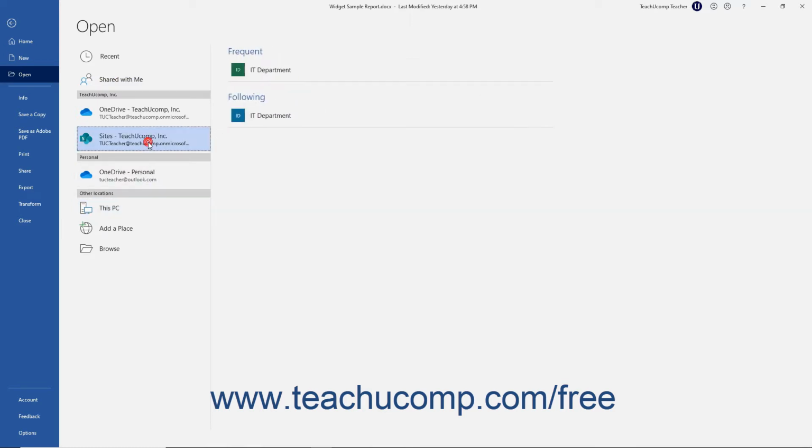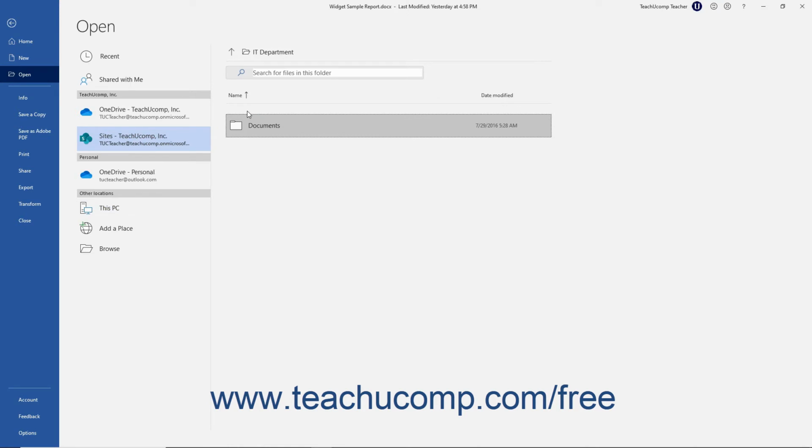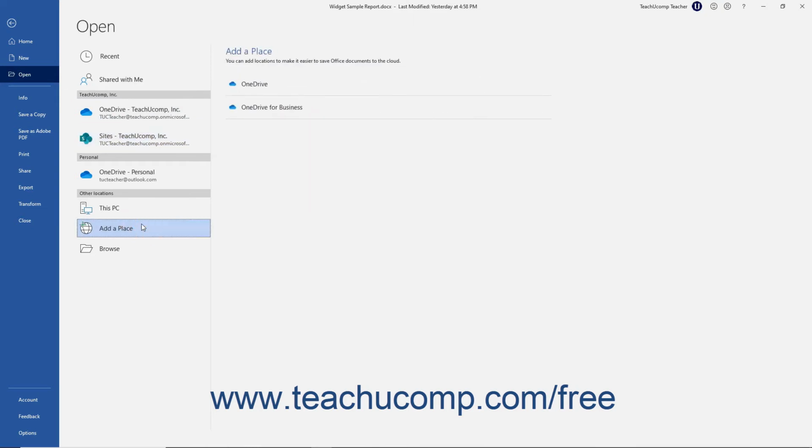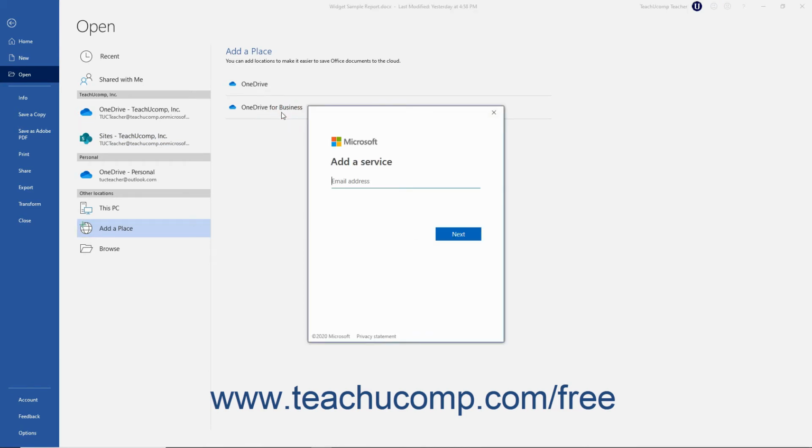If you select a SharePoint location, you may need to select a site from the list to the right to see its folders first. To add a OneDrive or OneDrive for Business location, which also includes SharePoint if available for your account and Office 365 subscription, click the Add a Place link in this list. Then click either the OneDrive or OneDrive for Business buttons to the right. Then enter your login credentials